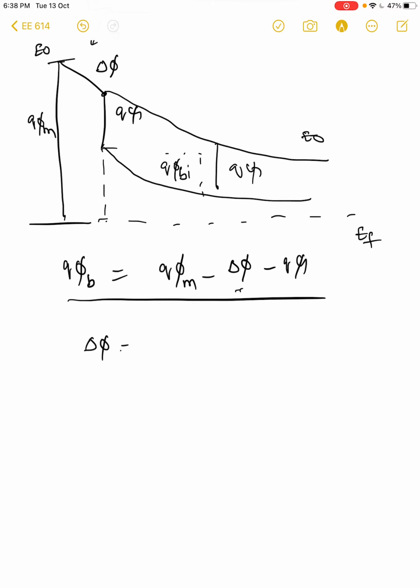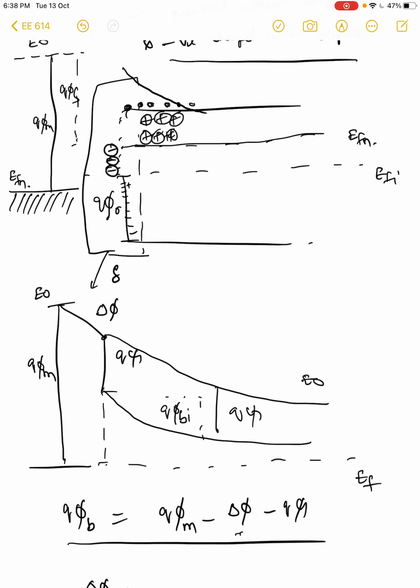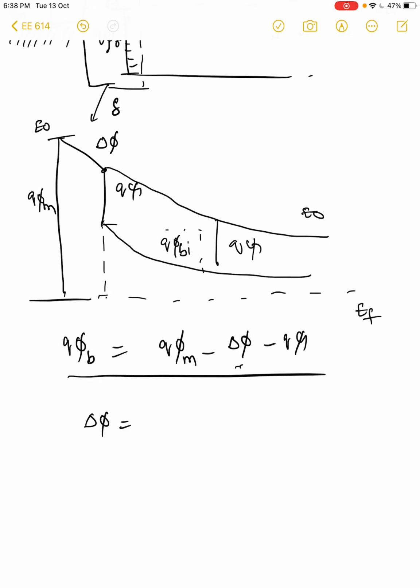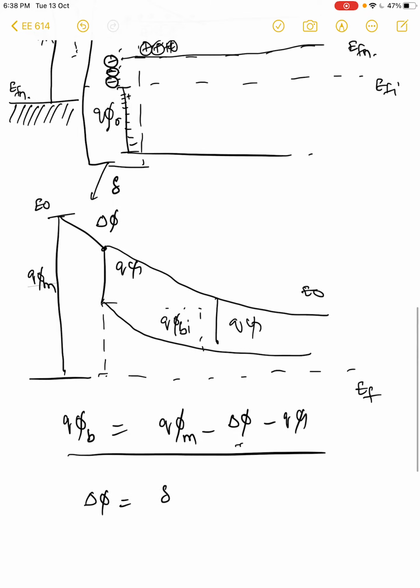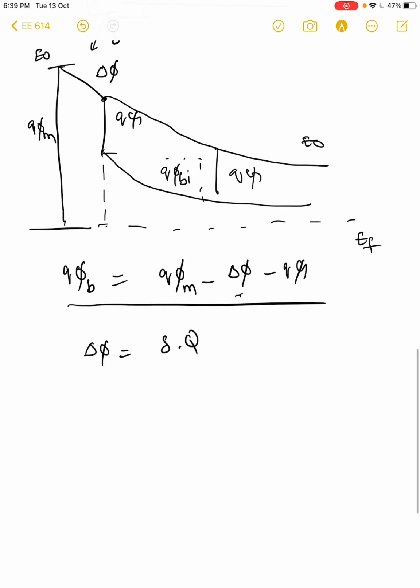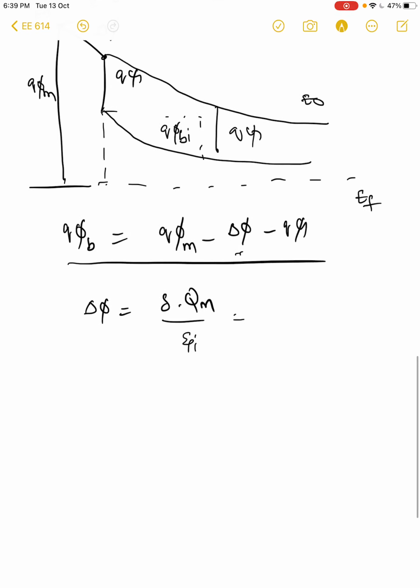Del psi is basically the total charge at the metal semiconductor interface multiplied by the distance delta, right? So basically it is the width of the interface times QM, the charge at the metal interface, divided by epsilon I. So this is what will turn out, because this is a point charge density. You can calculate the field or the potential by this particular formula, which comes down from Poisson's equation very easily. And you know the charge in the metal is basically minus of the interface charge and the depletion charge, where epsilon is the dielectric constant: Q at the interface plus Q in the depletion width.